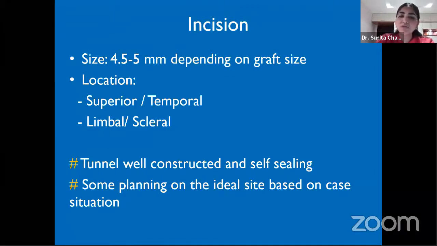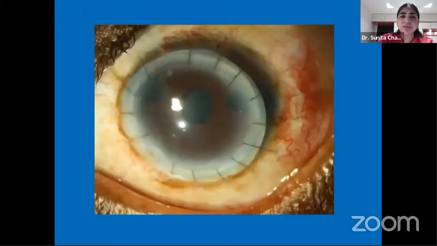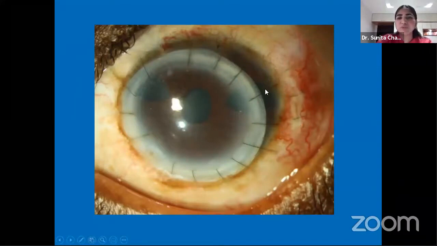The important thing is that the tunnel should be well constructed and self-sealing, and the ideal site should be planned based upon the case situation. Like, let's say this is a case of a post-therapeutic PK eccentric graft. In this case, obviously, a temporal incision has been placed appropriately because it should be away from the graft host